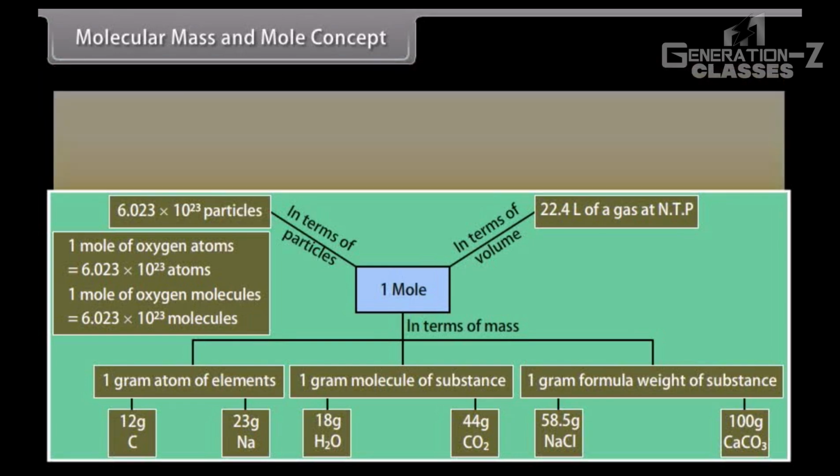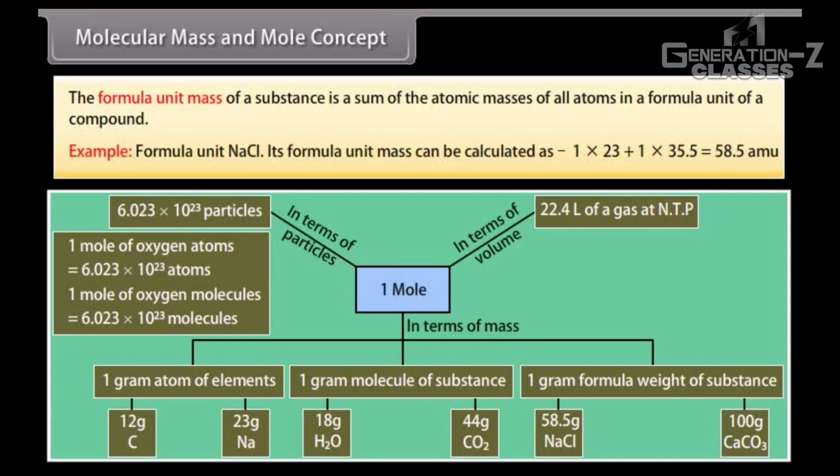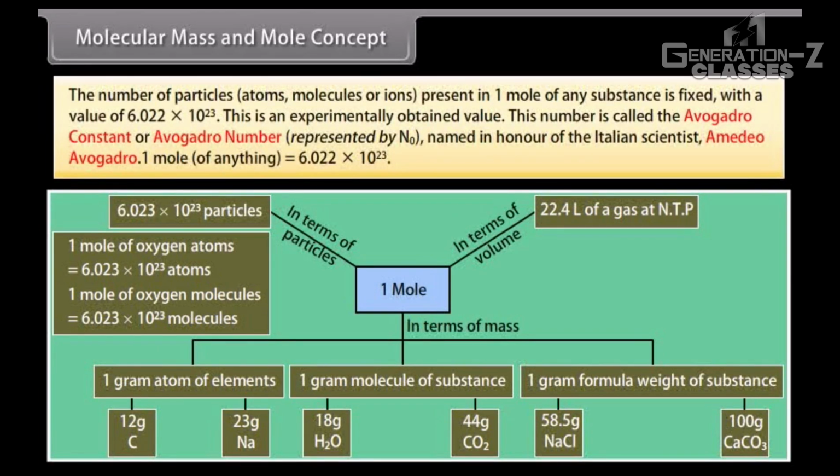The formula unit mass of a substance is a sum of the atomic masses of all atoms in a formula unit of a compound. Example, formula unit NaCl. Its formula unit mass can be calculated as 1 times 23 plus 1 times 35.5, which equals 58.5 units. The number of particles, atoms, molecules, or ions present in 1 mole of any substance is fixed with a value of